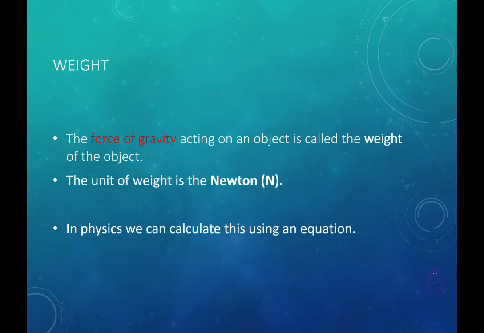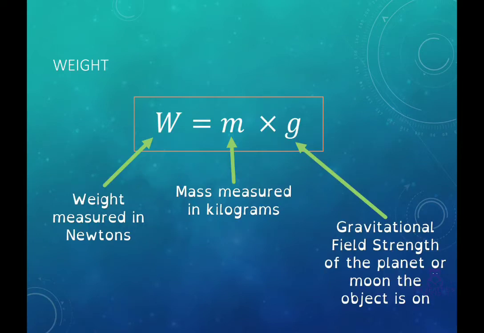Now in physics we calculate the weight of an object based on an equation. I'm sure you saw this coming because we like to describe everything in equations in physics. So here is what our equation is going to look like. W equals m times g. So the weight is equal to mass times the gravitational field strength of the planet or moon that the object